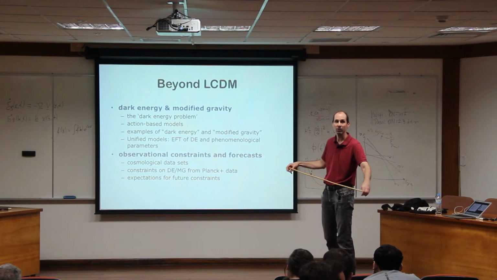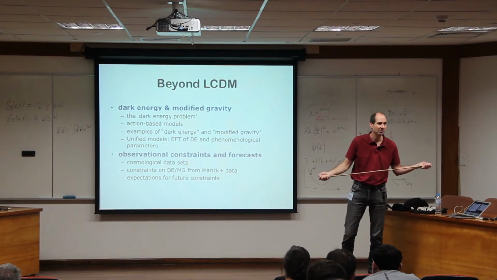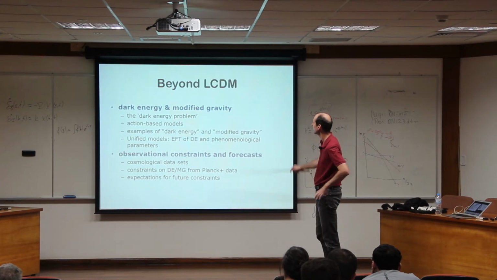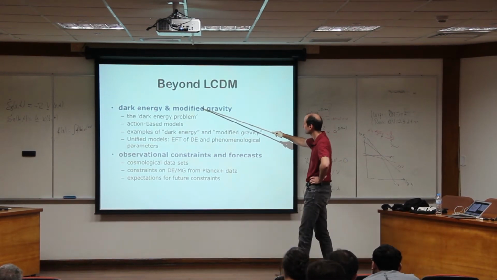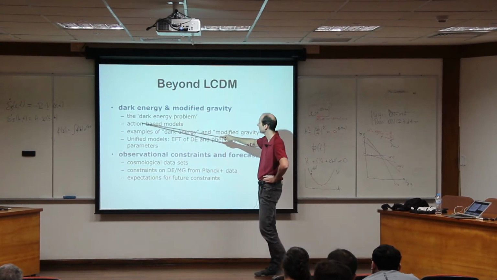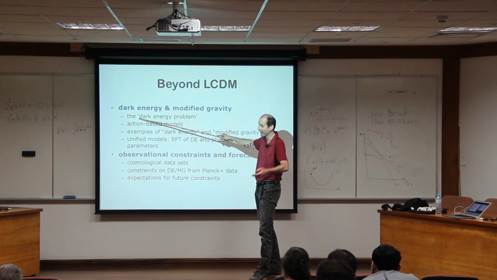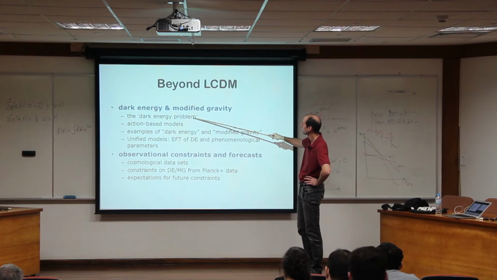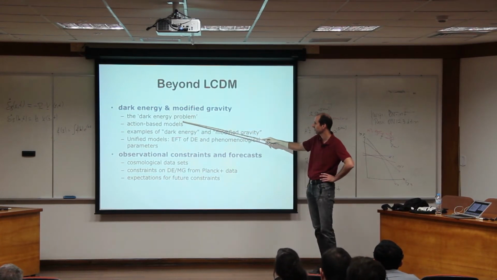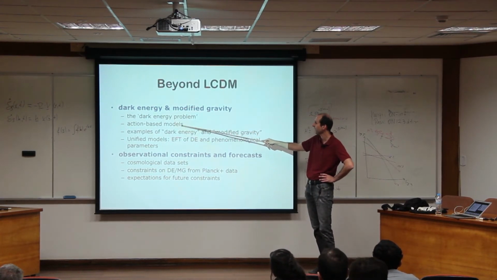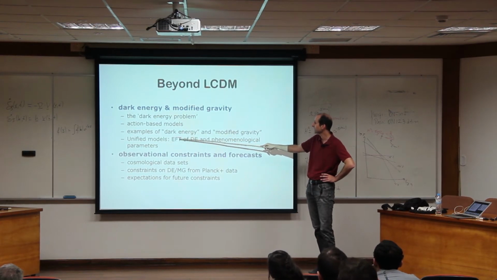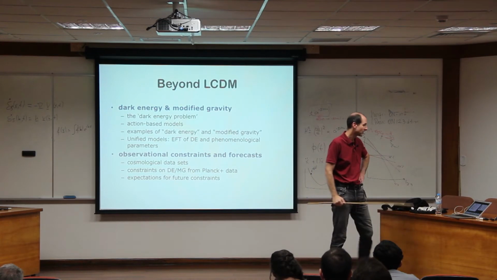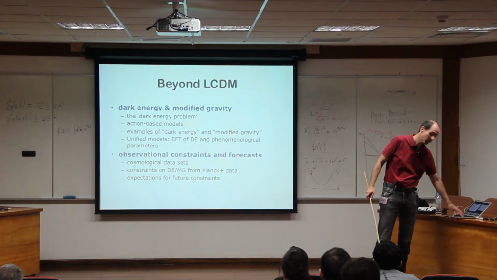But in principle, it's a model that works extremely well. And okay, so now let's go slowly towards the more detailed discussion of dark energy, where we will go back a lot to what I just explained. So let's quickly talk about what is the problem with the cosmological constant, and then we will go into action-based models and into unified models. And then at the very end, I will tell you what we know about dark energy today.